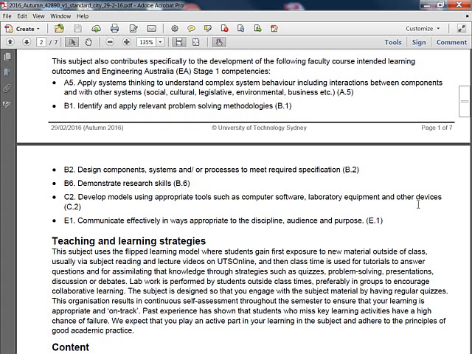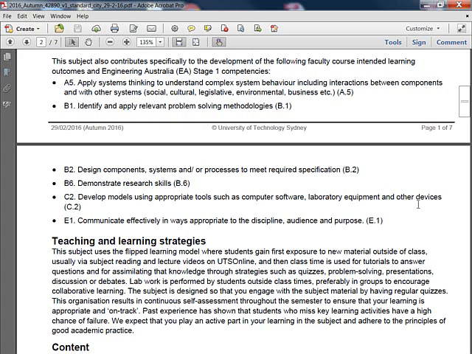So you're expected to do considerable amount of work before you come to class, and during class time we will essentially use it for tutorials to answer questions and to do some additional problems, and also for assimilating that knowledge